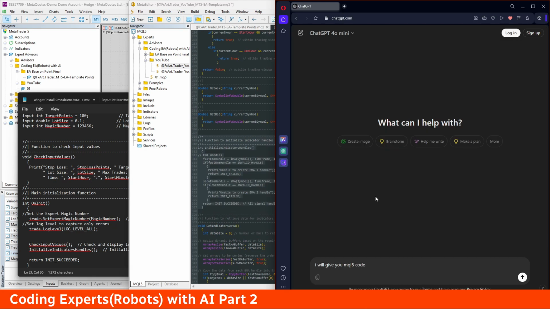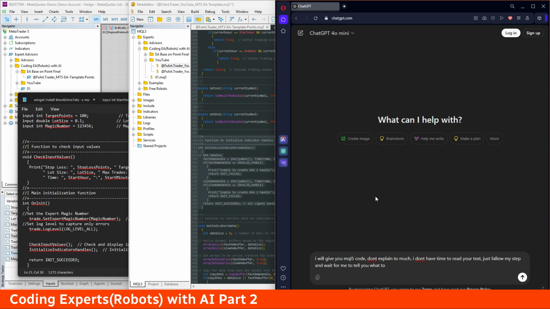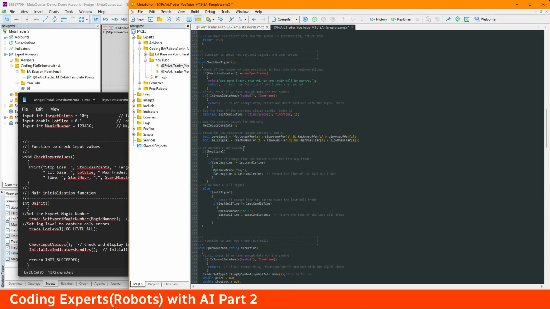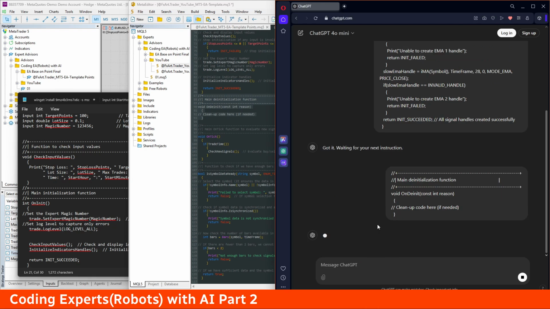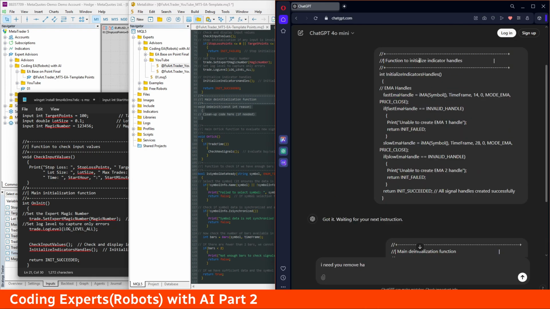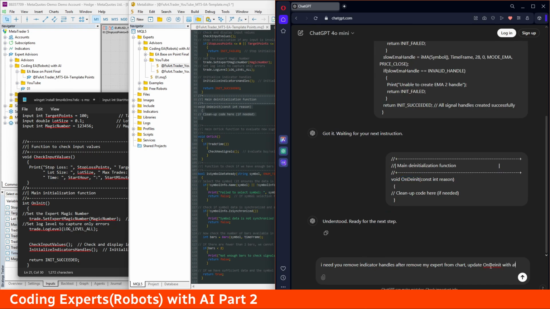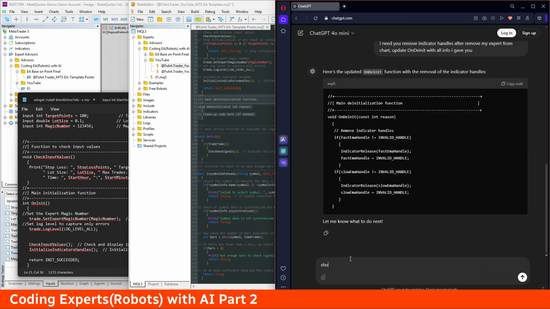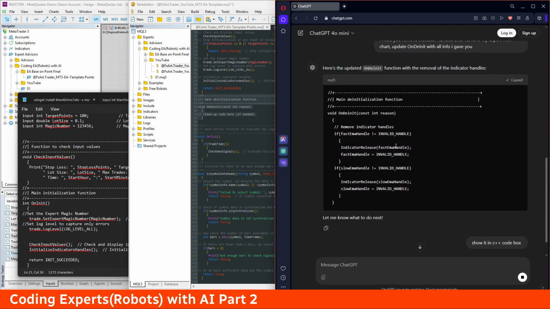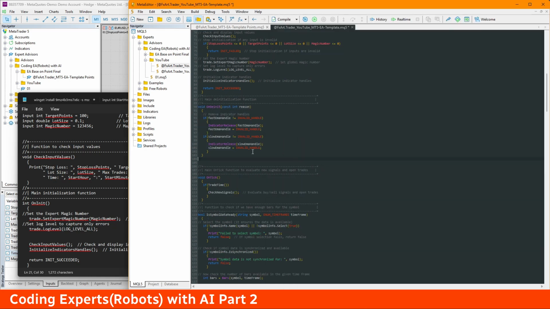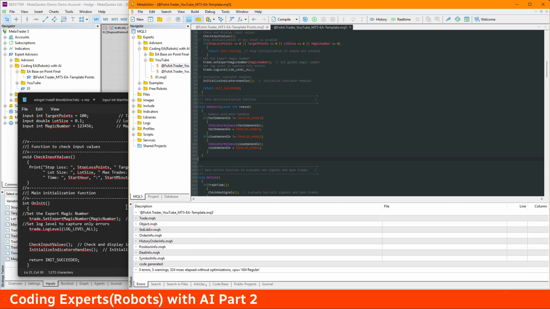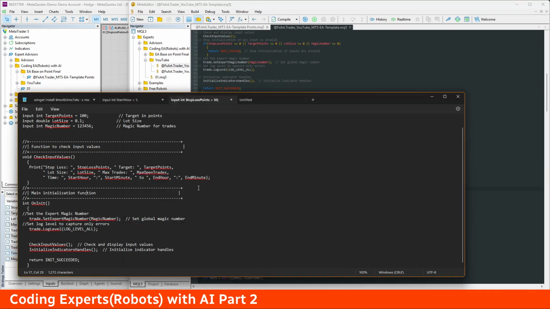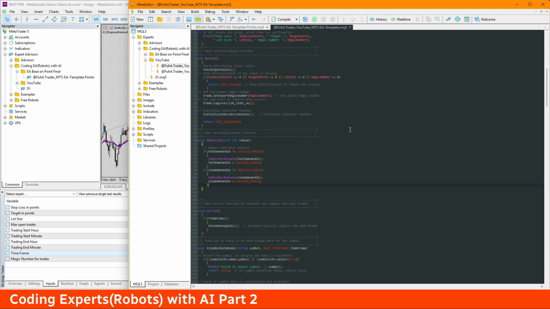And it's time to add the code to release the handle. If the expert is removed from the chart, the expert must remove the handle from memory. All of the code is correct, and I will go and